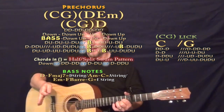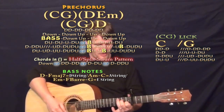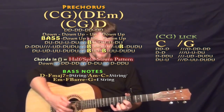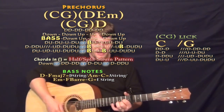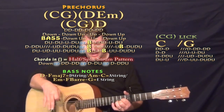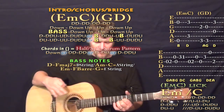From there, then we go into kind of our, or randomly, if you are digging on the other 16th, which I am, then you have the C, G, down, down, D, E minor, C, G, D, on that second pre-chorus. And then from there, then we'll be going into our chorus, and kind of our intro